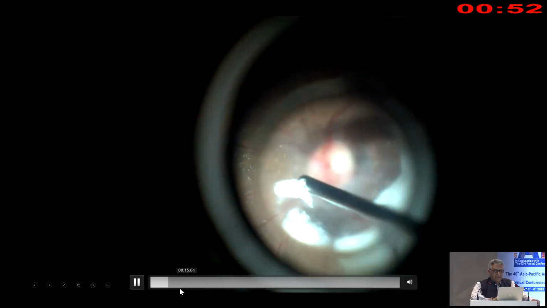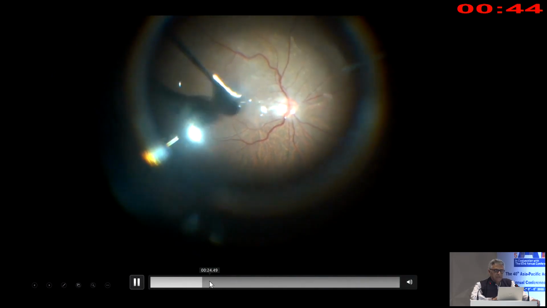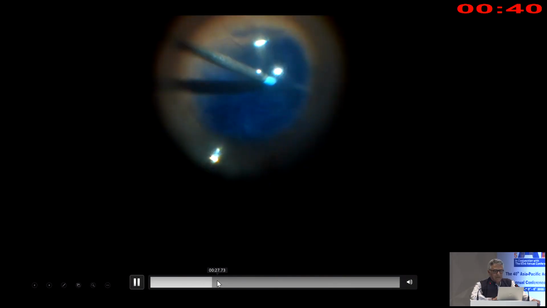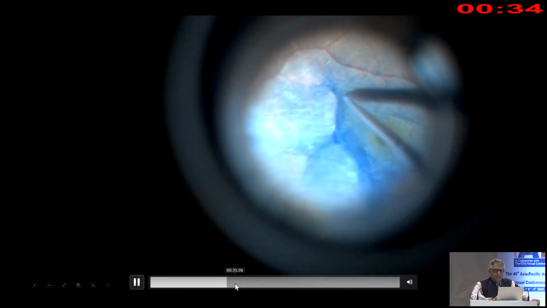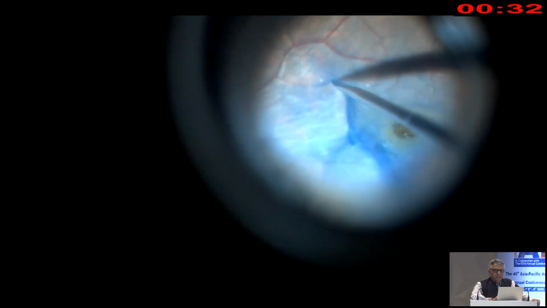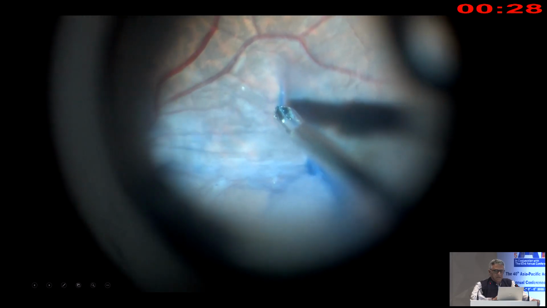This is first step. After core vitrectomy, put triamcinolone. Then hyaloid is out. Once hyaloid is out, air-fluid exchange, 1 drop of trypan blue. This trypan blue is different as compared to cataract surgery. So this is coming out. Then you stain with the help of this dye. 25 gauge MVR blade. Again tangential traction. Very careful.